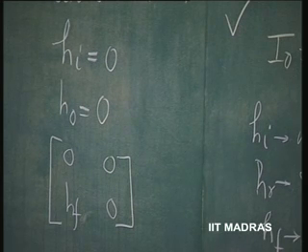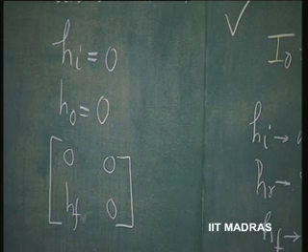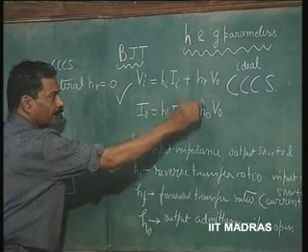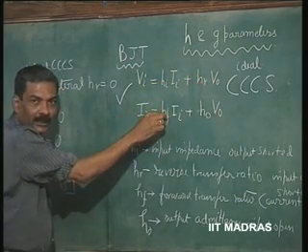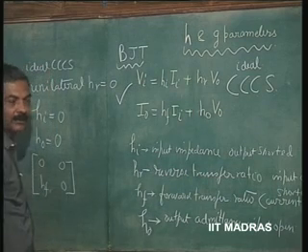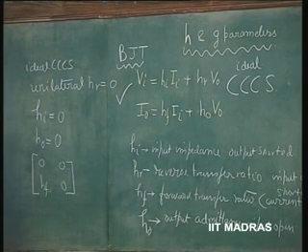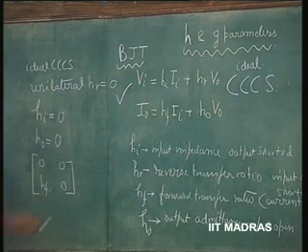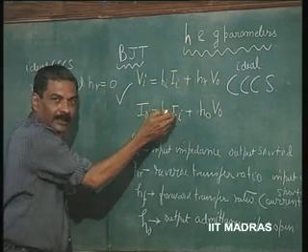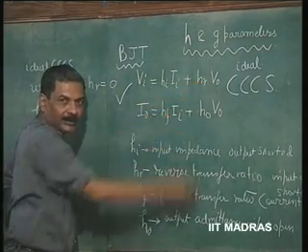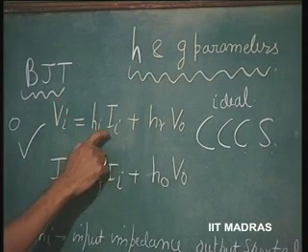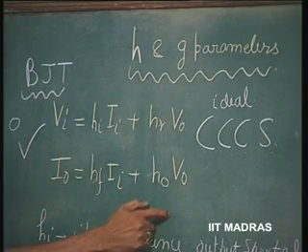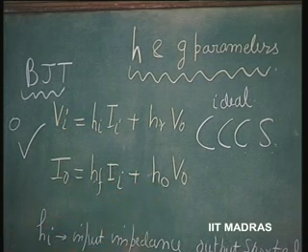Once again, this is a hybrid type of parameter, right, mixed type. This is impedance, this is admittance, this is voltage ratio, this is a current ratio. You should not get confused with this. These two are always ratios in these two types of parameter H and G. One is a current ratio, the other will be a voltage ratio. This will be impedance, admittance, or otherwise the other parameter, this will be admittance, this will be impedance.